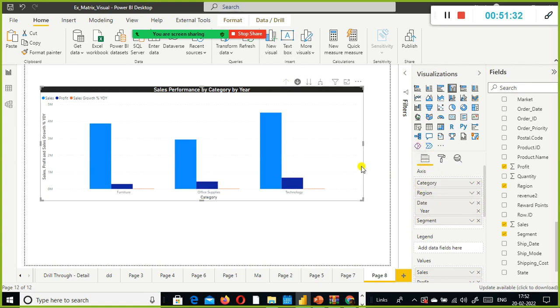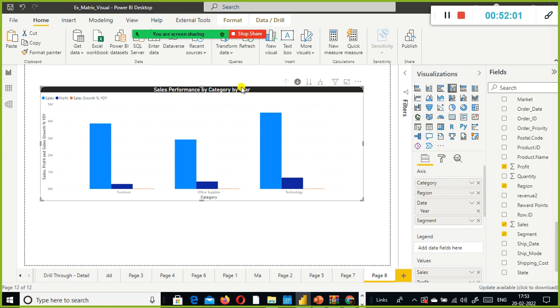With matrix, the beauty is if you drag and drop more than one column in this field, the matrix as well as the bar chart, automatically it creates a hierarchy. So whenever you have a hierarchy, these drill up, drill down icons will get enabled automatically.